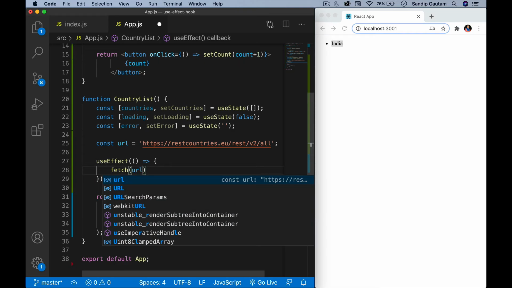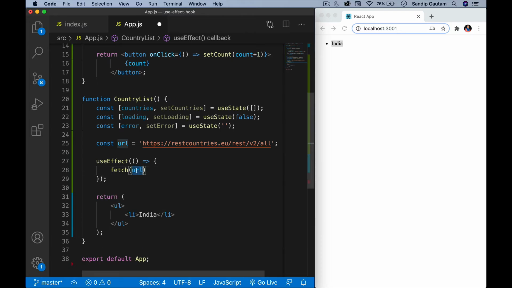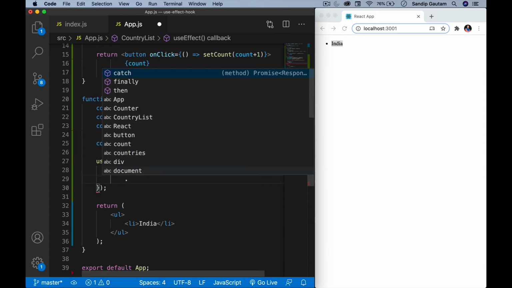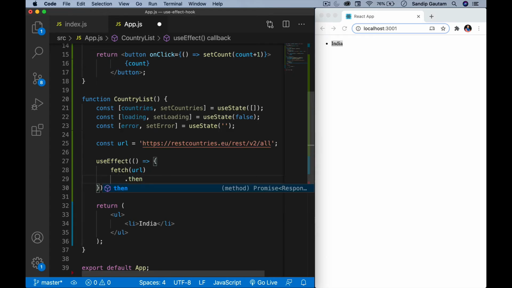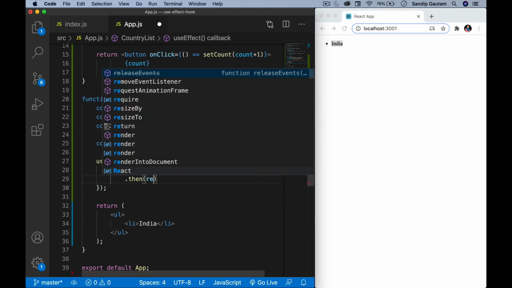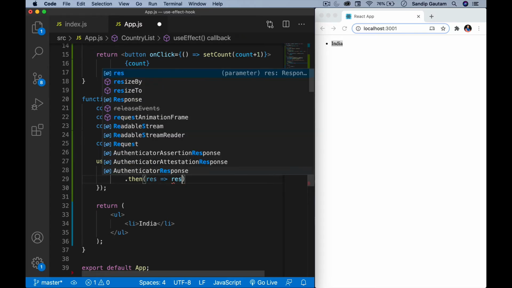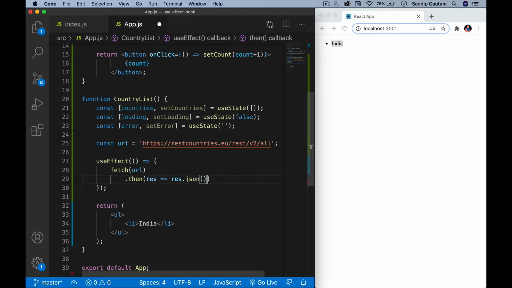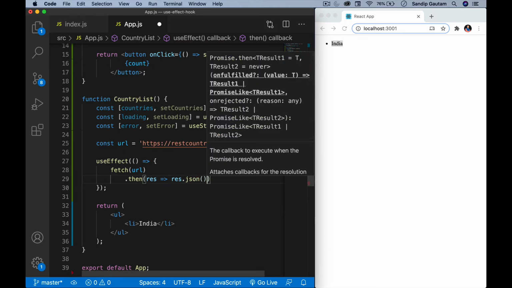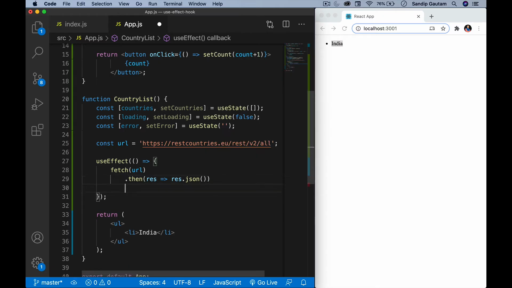So I'm using fetch to fetch data from this URL. Once the data is available, I'm going to use the .then function. This is a promise, and I'm going to get the results, which I'm going to convert using the result.json function. So this is going to get converted into a JSON object, and once it got converted, then I'm going to